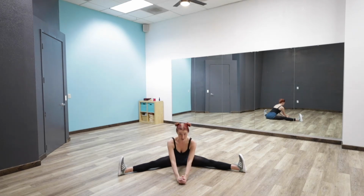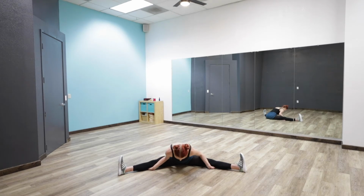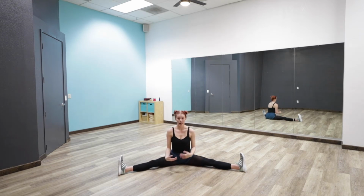Now you're going to sit in this stretch for about a minute or two, depending on what feels good to you. And if your legs start feeling tired or your knees hurt, you can always take your hands, put them under your knees, and continue to stretch. It'll give them some support. Once your minute and a half, 2 minutes is up, you're going to point your feet